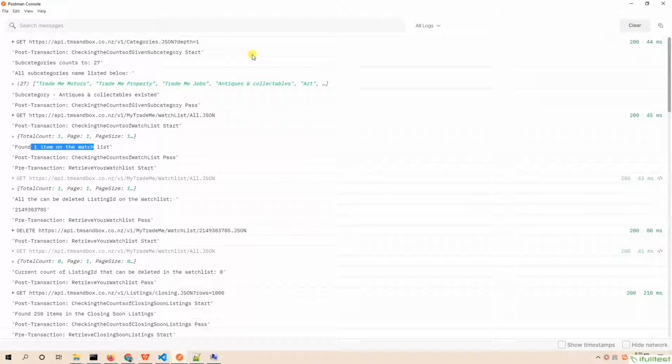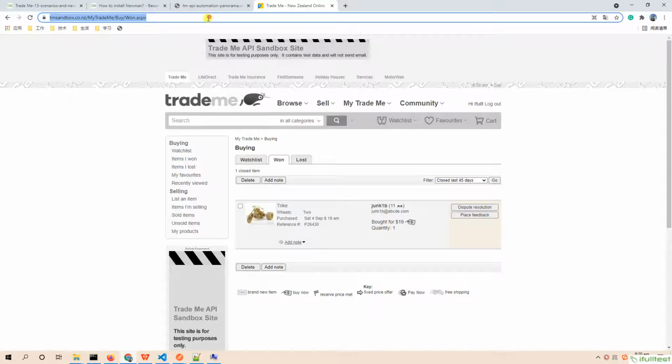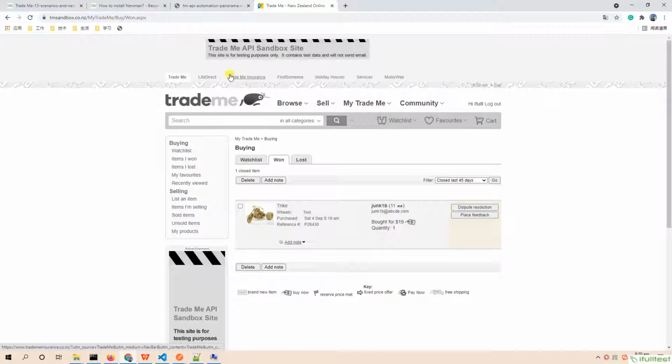Finally, check from the front-end UI page. We can see old items have been removed and the new items come in the watch list and the 1 item list. Till now, we have rehearsed the scenario at the internal level. Then we could run the scenario through the Newman command line to get CLI and HTML reports.